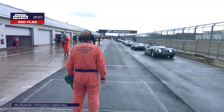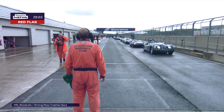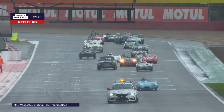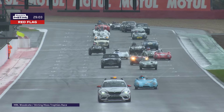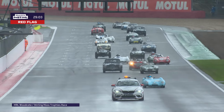Now that number 6 Jag that you can see at the front, that's a Curia Cos Jaguar XK120, so that's in flag blue, although it doesn't appear to have a white bonnet stripe, so that's still a Curia Cos car. John Ward's car. Car number 6 was in 11th place overall. Now the safety car,